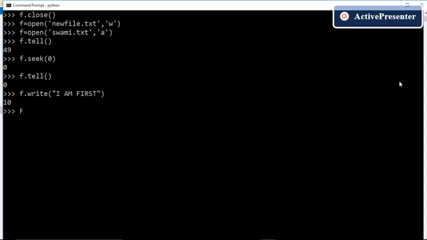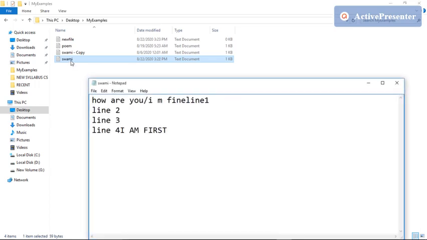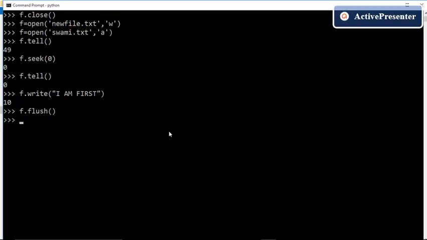Okay, let us flush this content. Let us transfer this content to the disk file, and now check the content manually. So we can see that the new content we have added is added at the end. It proves that in append mode we cannot touch the pre-existing content of the file.